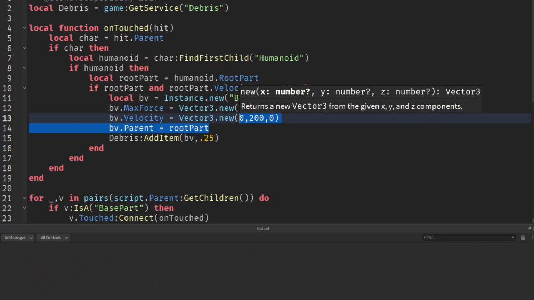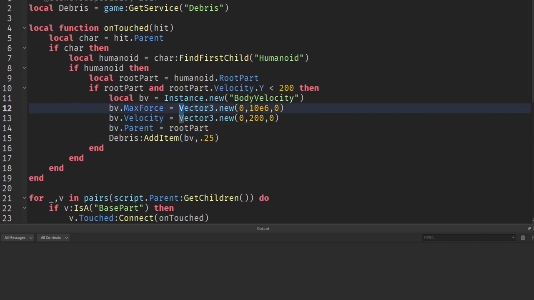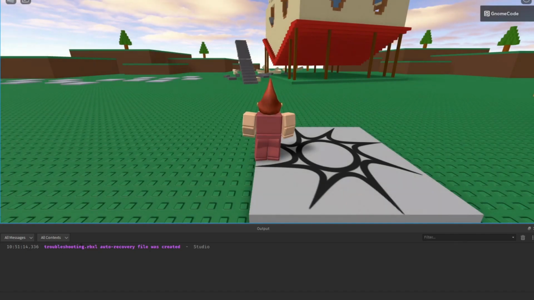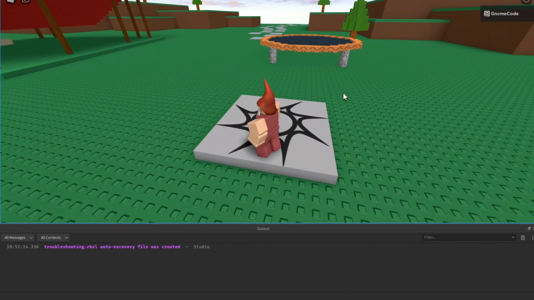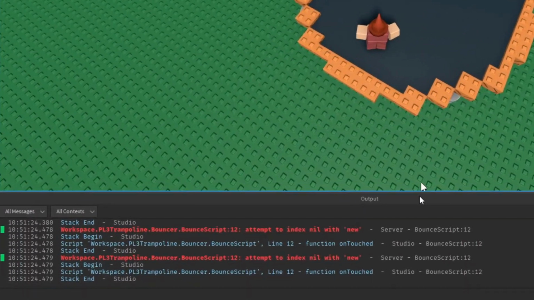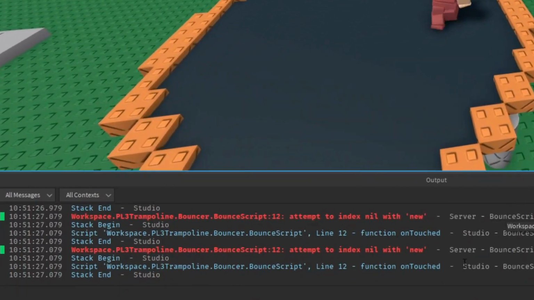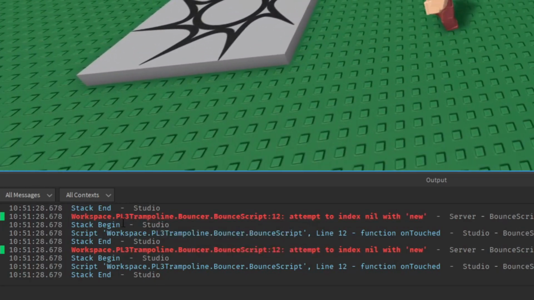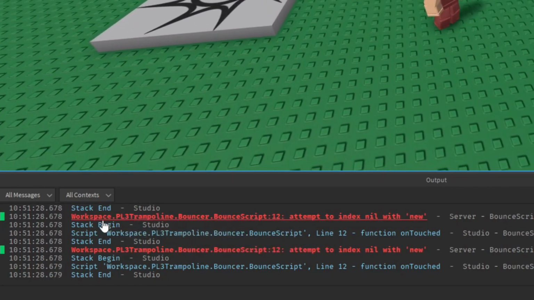And let's see what happens if I run the game with that lowercase v. So I've got an underline here. And if I click play, and I'm going to watch the output now. You see, I just get some default purple text telling me that the file has been saved and so on. But if I go over to the trampoline and jump on it, I'm going to instantly start to get the error message. It's telling me, if we read the whole thing in red,